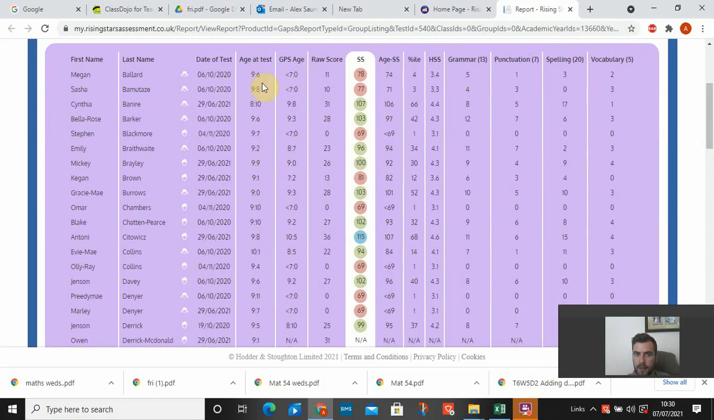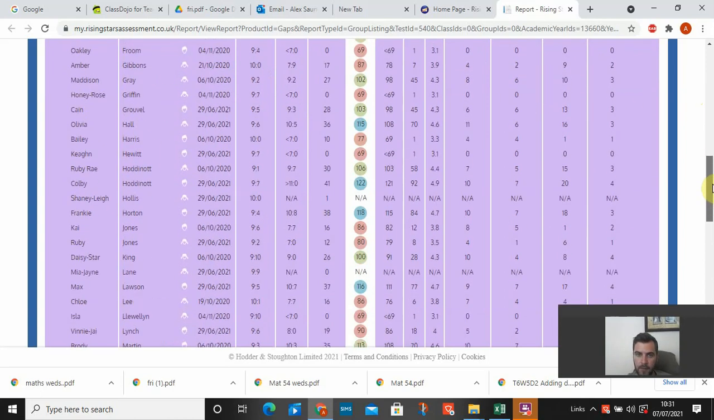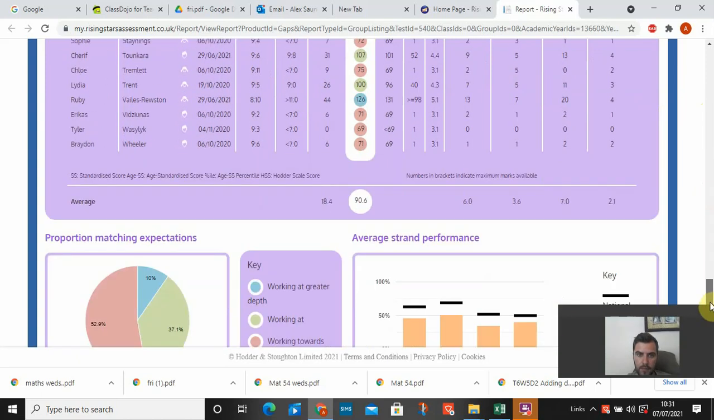So that's an actual age at test, and then that will say their current working age based on how they performed. So for instance, Megan Ballard, if you look at this, it's saying that she's working below expected standard for her age. It also breaks down the scores here, and then if you scroll right down, I've just realised actually